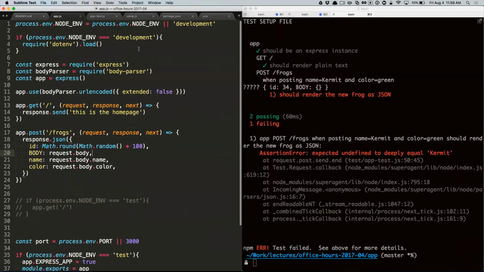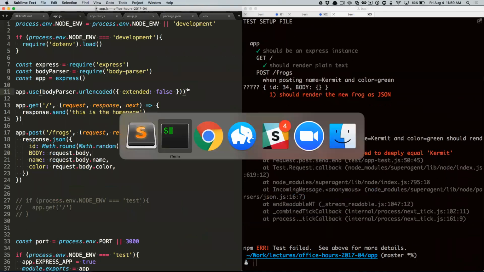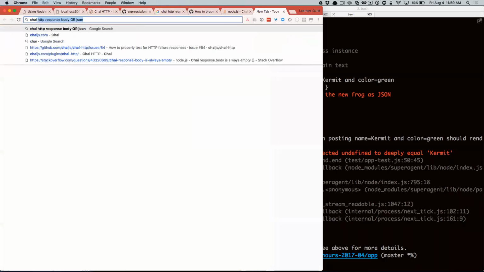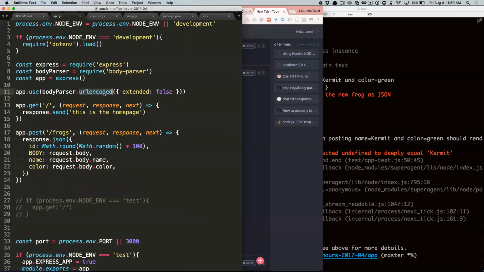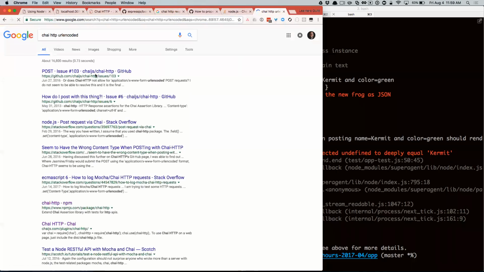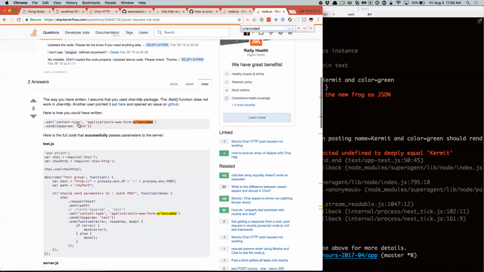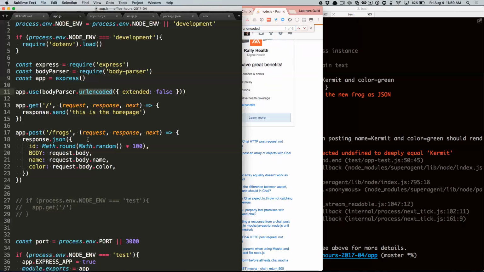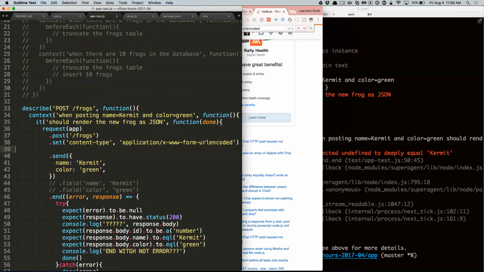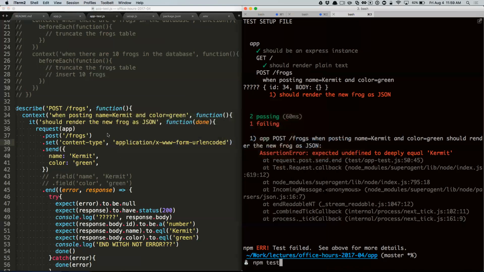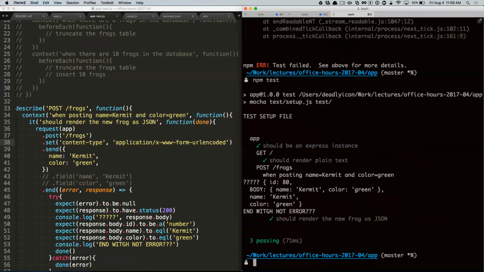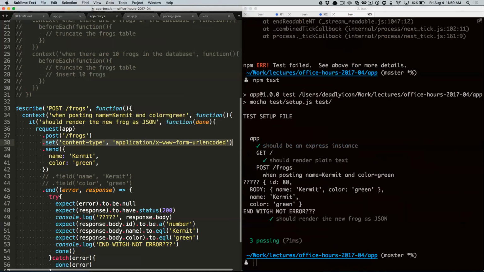It's possible that it's sending it via JSON for some reason, so we need like the body parser JSON thing, but chai HTTP, I want you to send URL encoded. All right, so I have to explicitly tell this thing to use URL encoded. That sucks. Let's see if this works. There we go. Okay, so that's a little unfortunate that it defaults, but you know, a lot of APIs want